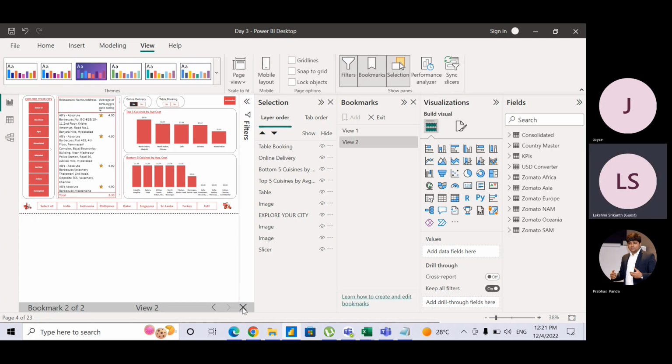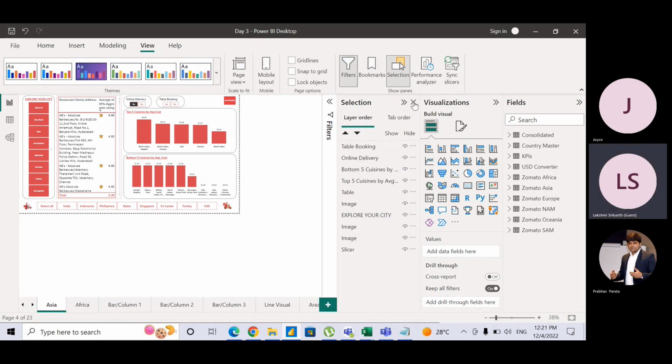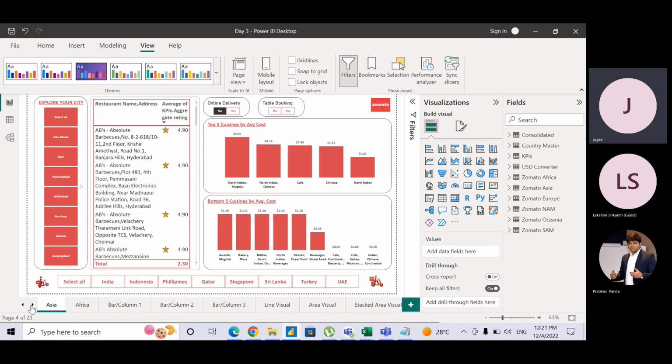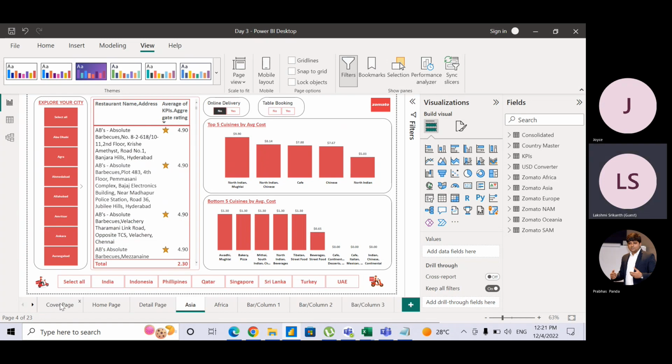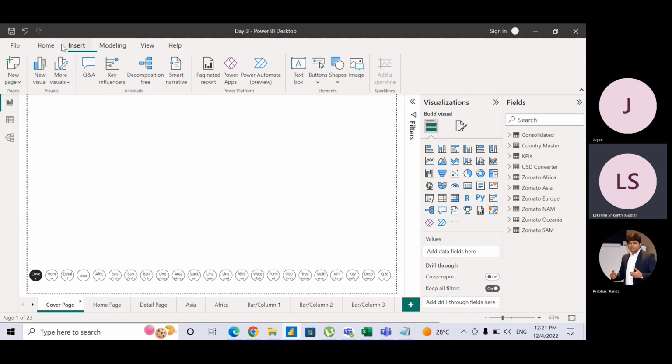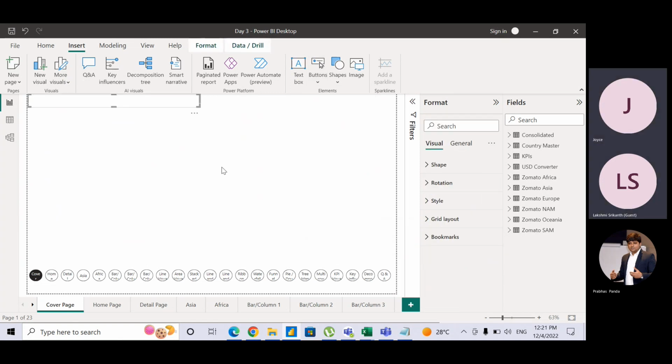And with this, once you have done, now you can ask me, till here it is good. How do I control this? Simple thing. In the cover page, instead of the page navigator, you can go back and click on the insert, click on the button. You can click on the bookmark navigator. This will open